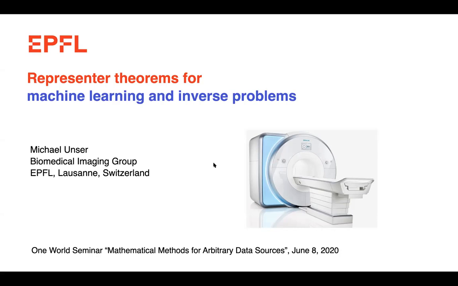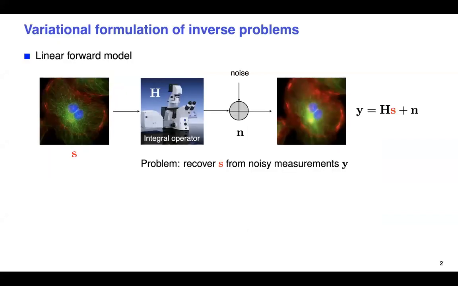Okay, so there's a representer theorem in the title. You all know what machine learning and inverse problems are. And representer theorem really refers to a way of representing the solution of optimization problems. Now, to set the stage, we have the variational formulation of inverse problems,